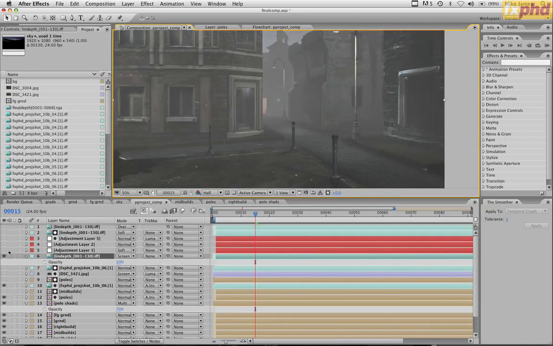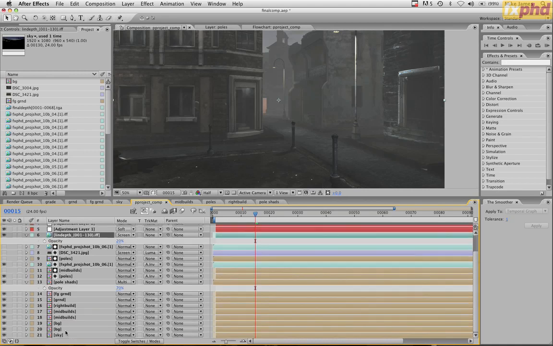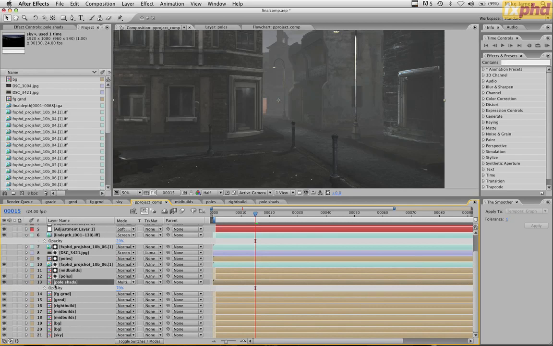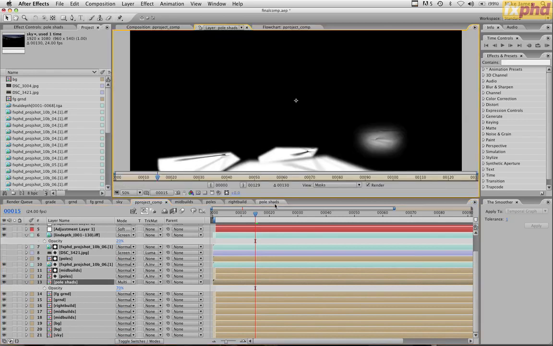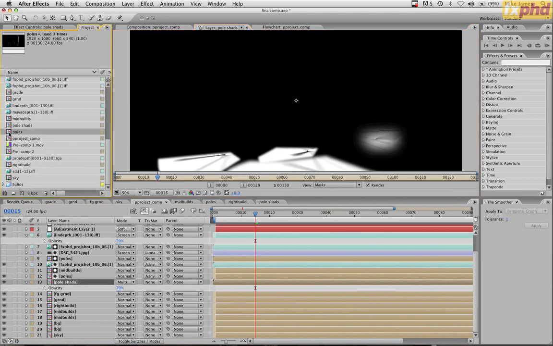And then I've basically just got some adjustments, really, some color corrections, etc. Now, when I set this up, I basically did each render layer, I guess, as a pre-comp. But I wanted to show you just a few of those because that's basically where I did